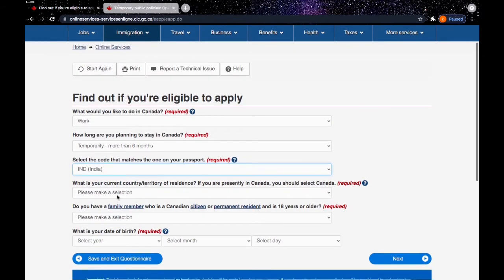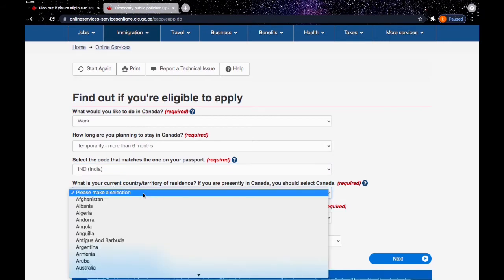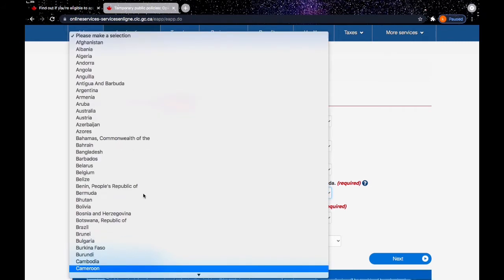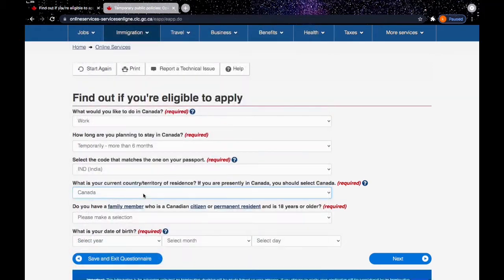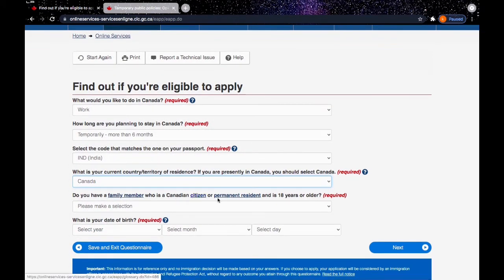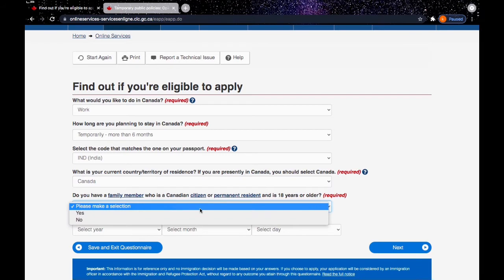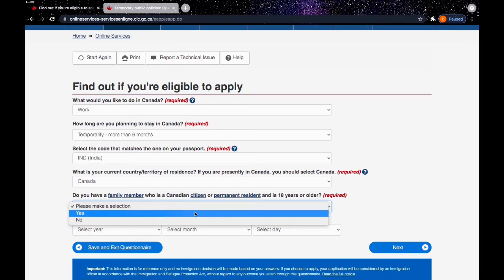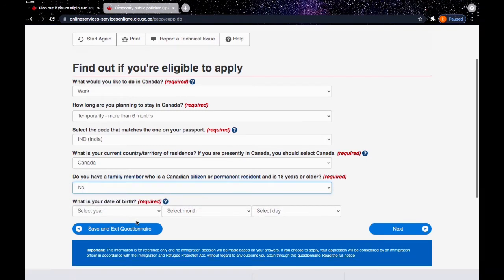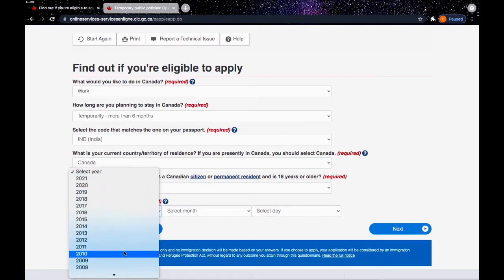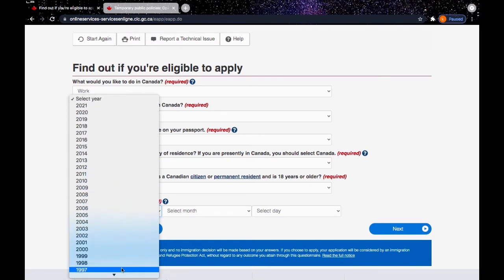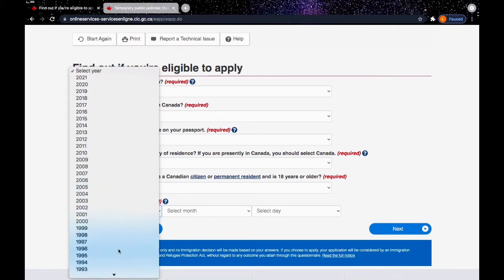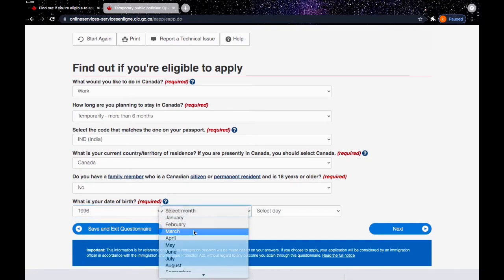Select India. What is your current country status? If you are currently in Canada, then select Canada. Yes, we are in Canada. Select Canada. Do you have a family member who is in Canada? If you don't, let's assume Raman doesn't have a family member. It's like no. Date of birth. Put your date of birth. And then proceed